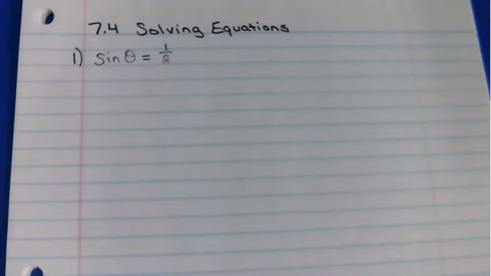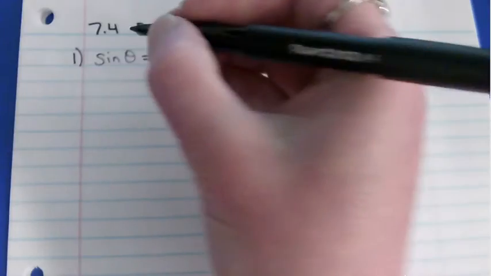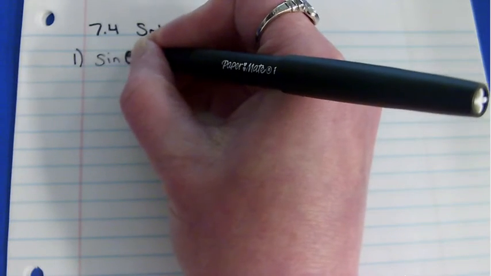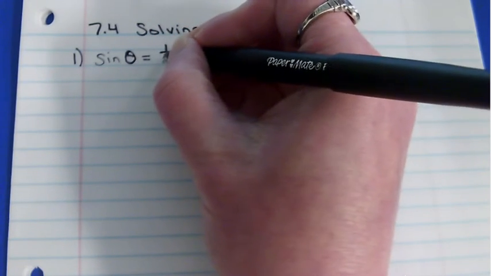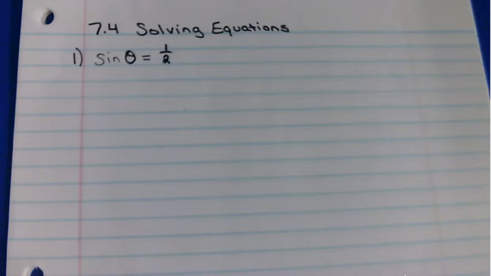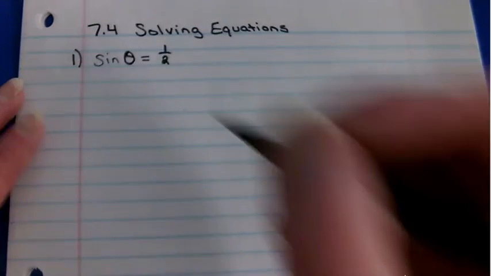Whoops, my marker's dying. That's asking the question, what angle gives me 1/2 as a ratio? Now we've learned that we can use the inverse sine to get the angle, but the inverse sine feature only gives me one answer. And if we think about the graph of sine for a second,